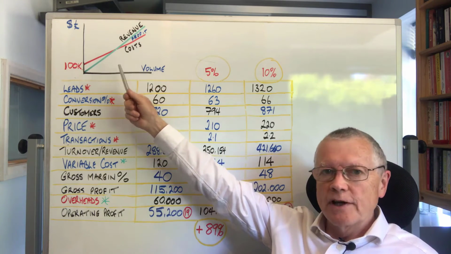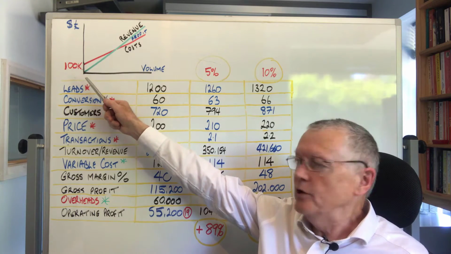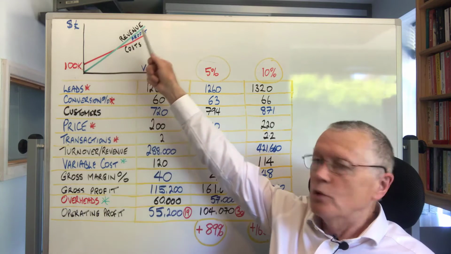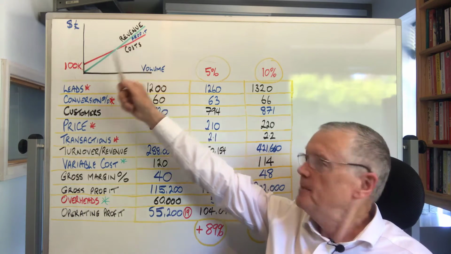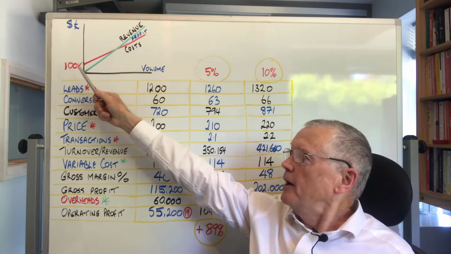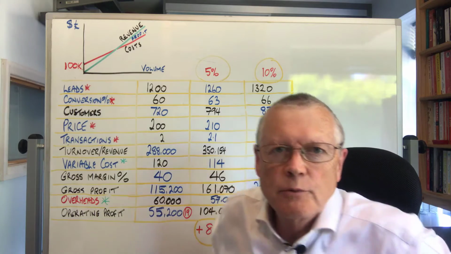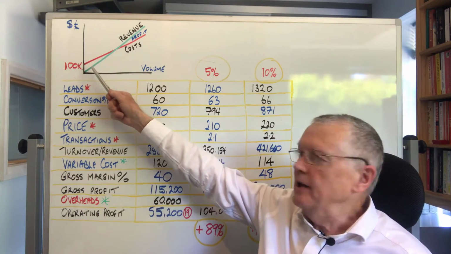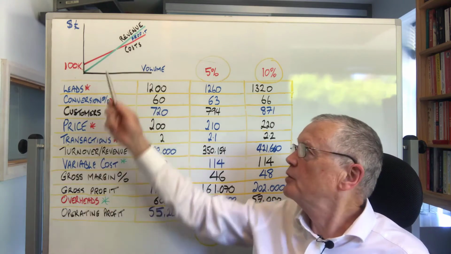This is called a break-even chart, and what it shows is that your sales revenue, which is the green line, starts at zero if you don't sell any volume, and as you sell more your revenue goes up in line with your volume of sales. Your costs, which is the red line, start with whatever your overheads are, so that'll be things like rent, rates, wages, salaries, etc. And then generally, as you produce and sell more, your costs rise because you'll have what are called direct costs